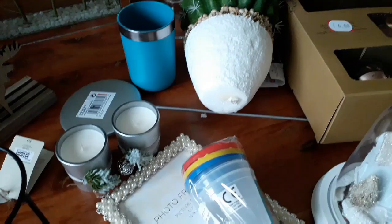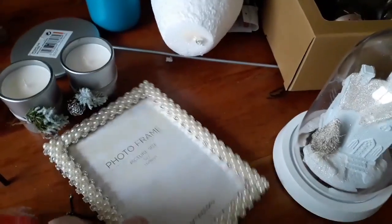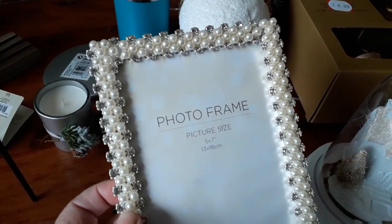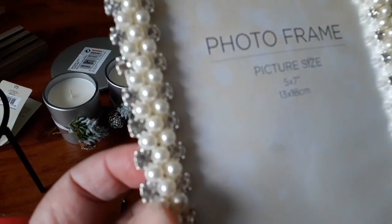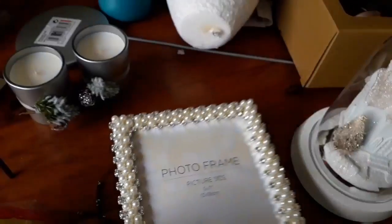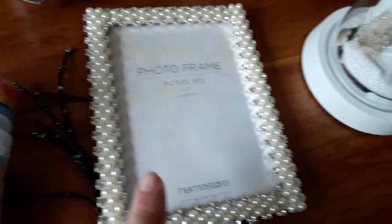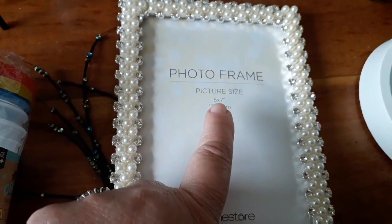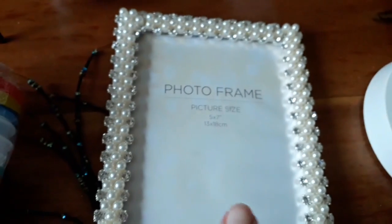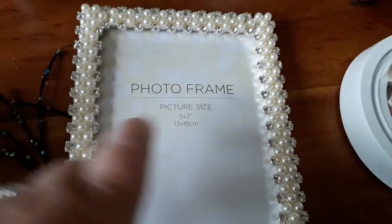And you saw me pick this frame out of the bin. If you remember, the glass in it was broken, but it's got this lovely diamante and pearl photo frame. I took the broken glass out and it's actually got the measurements on here. So this is a good tip if you find broken photo frames with the glass broken. I should note this sizing down,